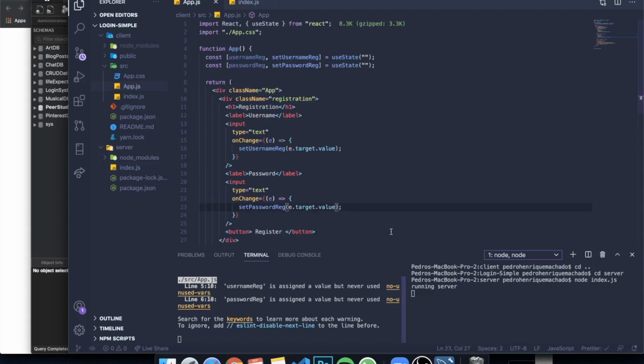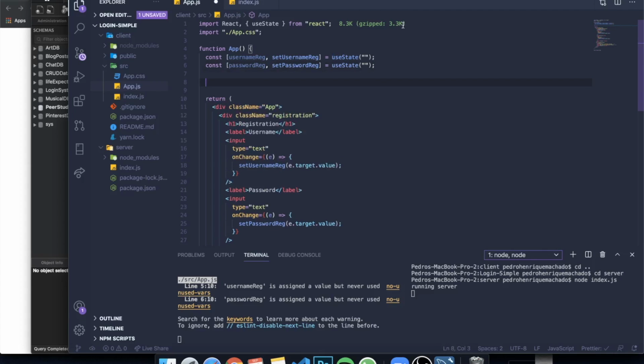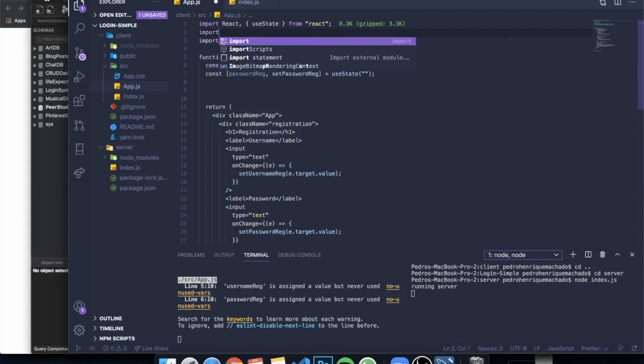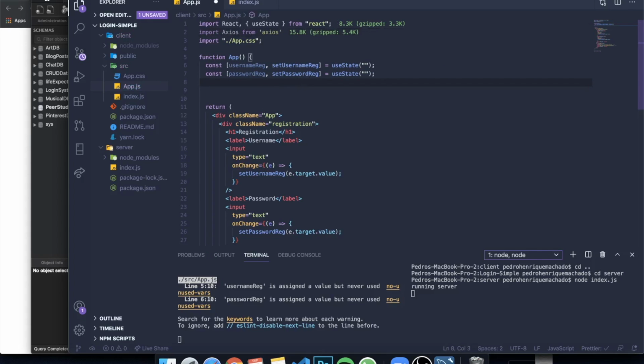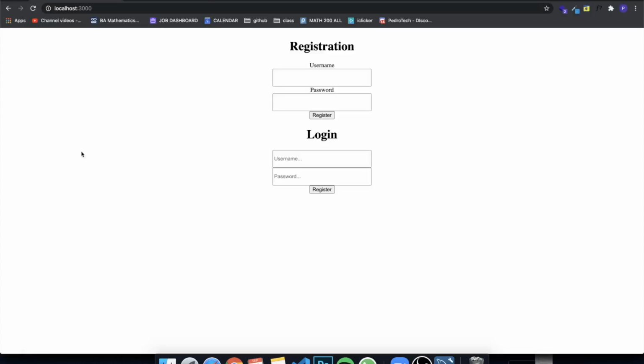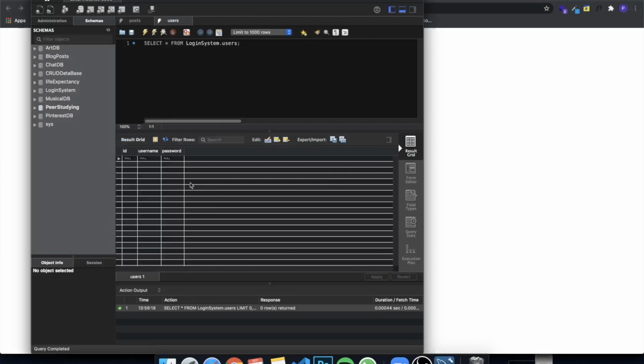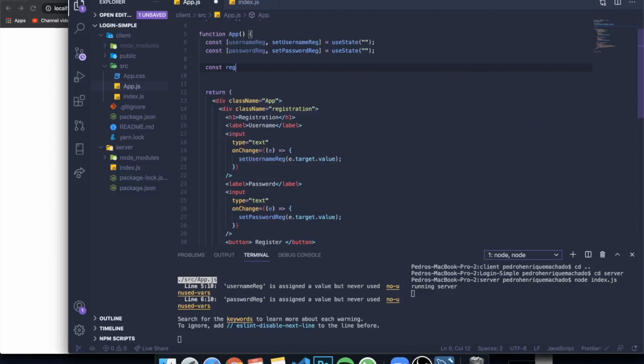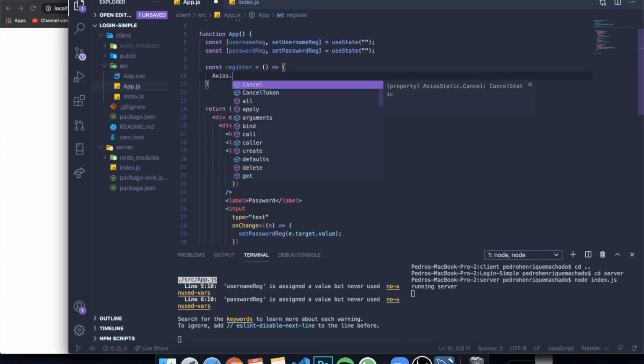Let's go over here. And I already installed a package in my client folder called Axios. For those who don't know, Axios is a very simple way of replicating the fetch function where you can make HTTP requests. So I already have it installed. I just wrote yarn add Axios or npm install Axios, and I'm just going to import it right here. So Axios from Axios. And if we come here, we need to create a function so that whenever we click on this button register, we're going to send all of this information to our backend so that it is inserted into our database. So let's create a function called register, and it's basically going to call an axios.post, and